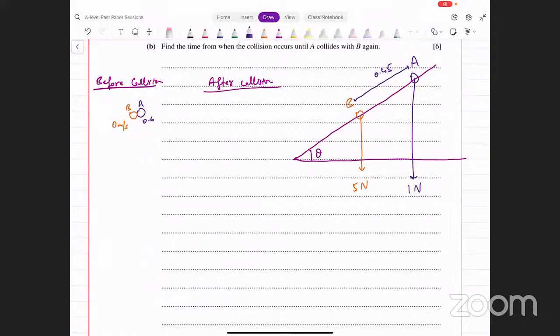After collision क्या है? Collision के बिल्कुल फौरन बाद क्या होएगा? Collision के फौरन बाद उसने कहा है कि A rest पर आ गया है. A is at rest. A की speed कितनी होगी? 0 meters per second. What about the speed of B? वो हमें figure out करनी पड़ेगी।